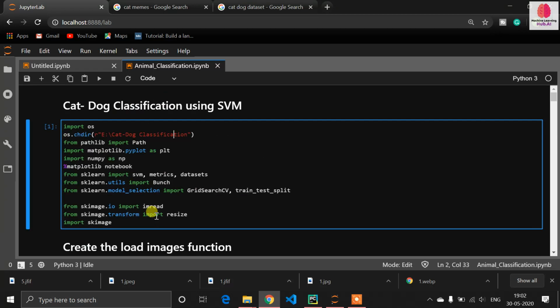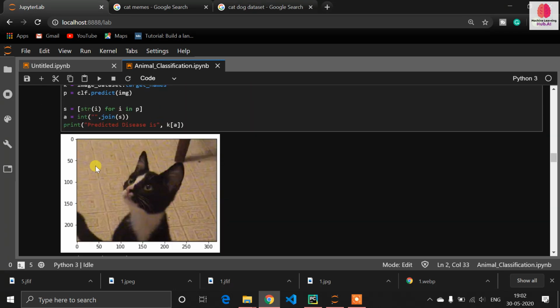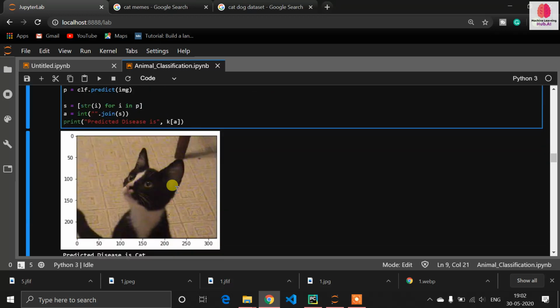Now I want to tell you another thing. We can see all these outputs in our Jupyter notebook. But if we are talking about a marketplace and applications, we cannot show this Jupyter notebook to our clients. We have to implement this algorithm, this strategy, in some application or some website.